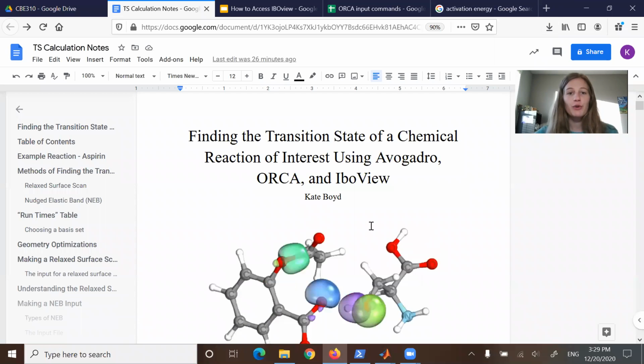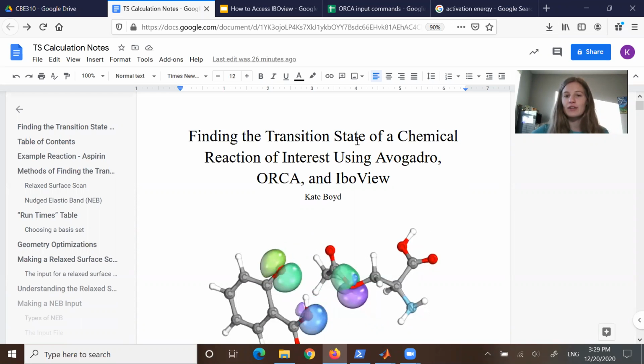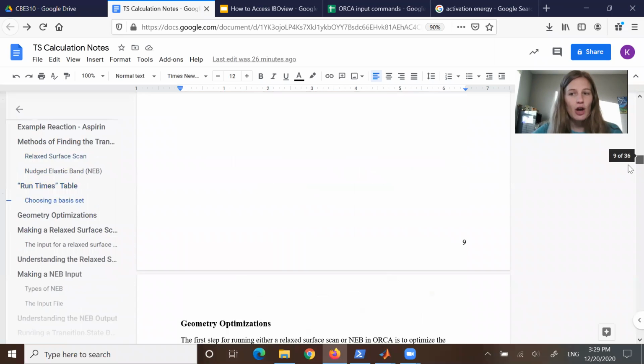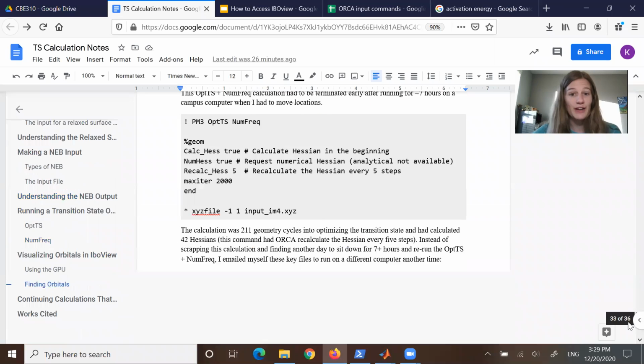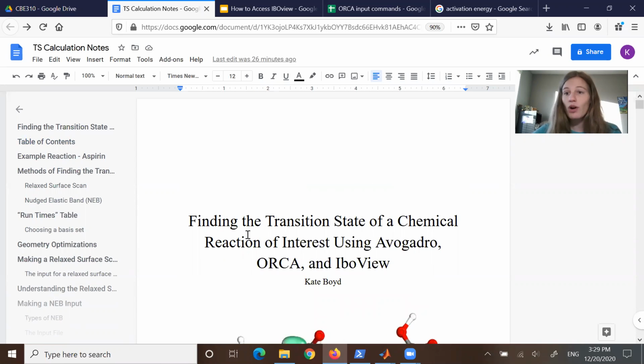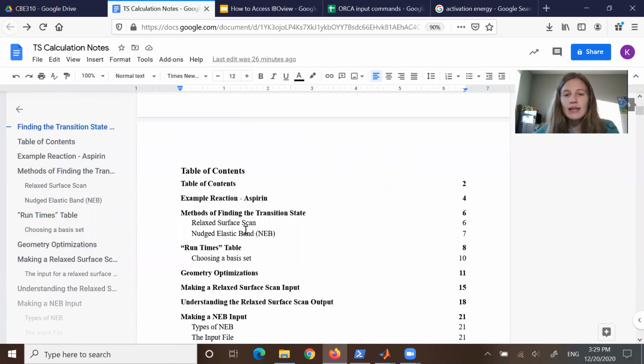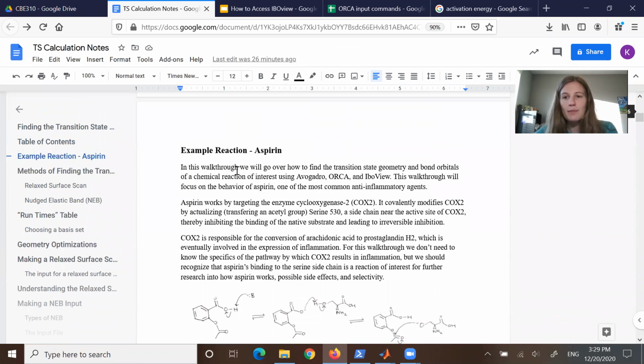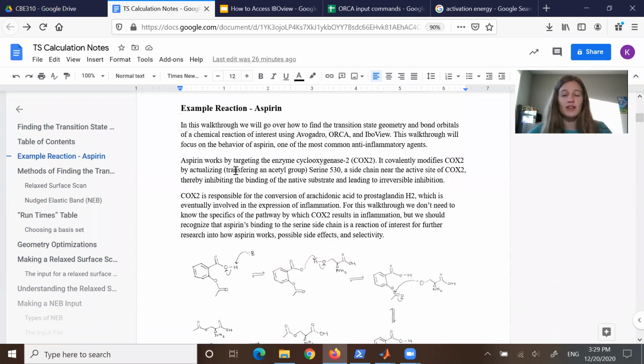Today we'll be walking through finding the transition state of a chemical reaction of interest using Avogadro, ORCA, and IBOView. Here I have a comprehensive guide on how to find the transition state. I'll be walking through it a little bit today. It'll also be linked in the description of this video in case you want to walk through at a bit of a slower pace. But since this concept is pretty visual and there's a lot of stuff to cover, we're